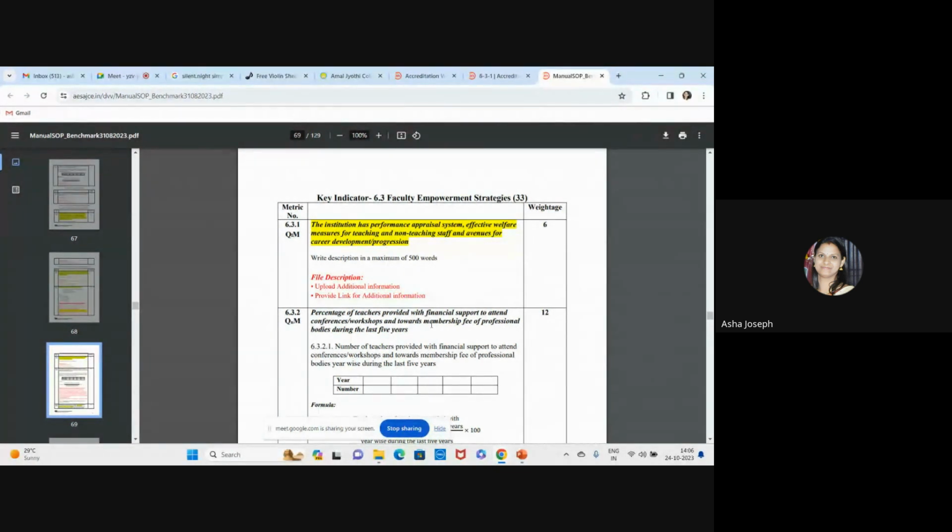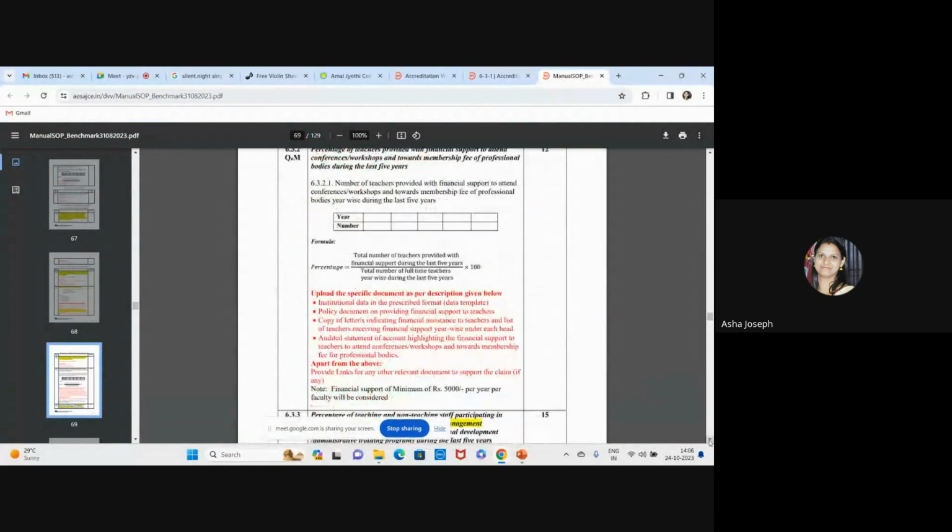The percentage of teachers provided with financial support. So this is, again, as I have mentioned before, you need to see the formula properly, right? Here, the percentage: how to calculate the total number of teachers provided with financial support during the last 5 years. Suppose your college is having 100 faculty and there are only 50 faculty provided with the support. Then how will you calculate? 50 divided by total 100, into 100. That's your